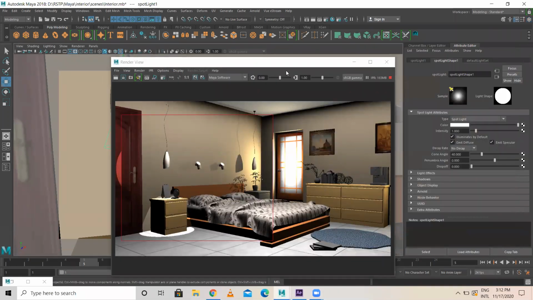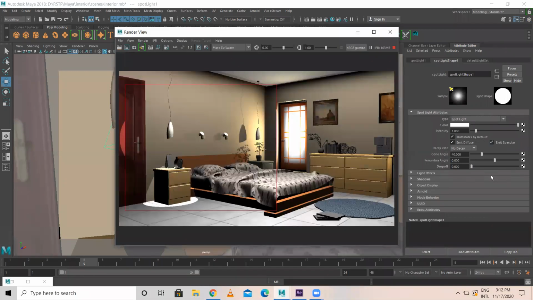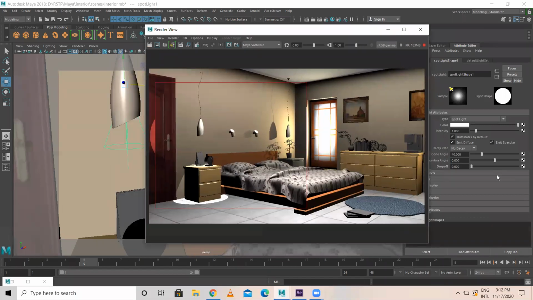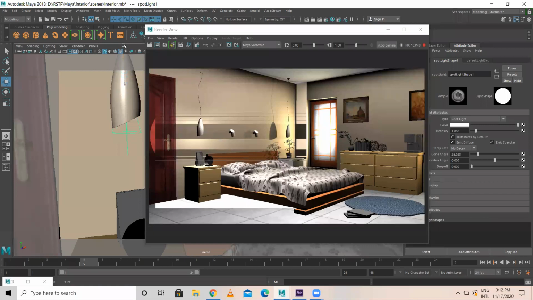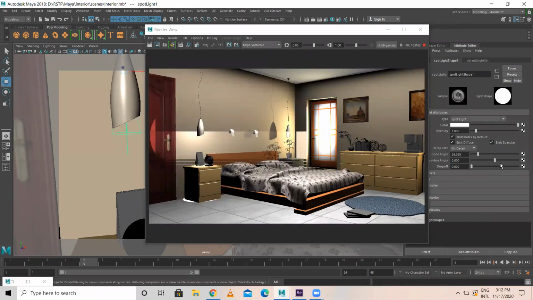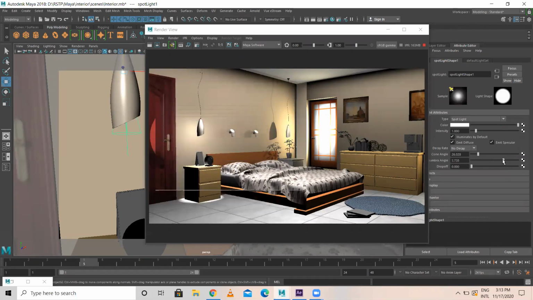Then after this, spotlight option box. See, this spotlight is having few options. The best options in spotlight are penumbra angle and cone angle. See, you can reduce the cone angle. See, here cone angle is reducing. Okay, cone angle I reduced. Then there is something called penumbra. Penumbra is nothing but feather. See, without feather, it is so sharp here, so sharp. I'll give feather so that sharpness will be avoided. Something like this. Got it?